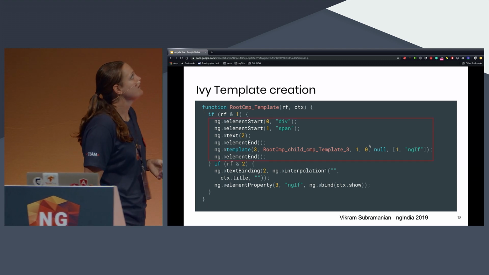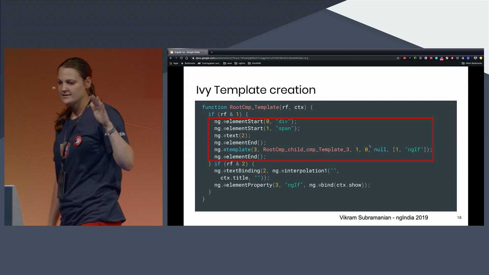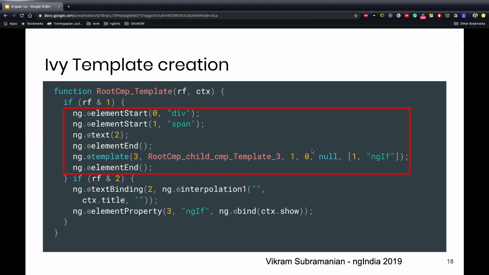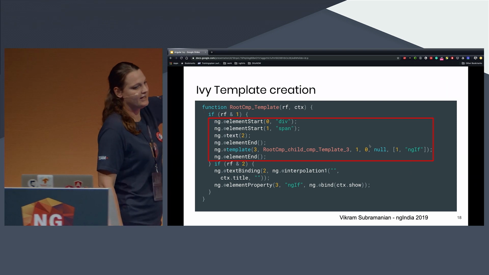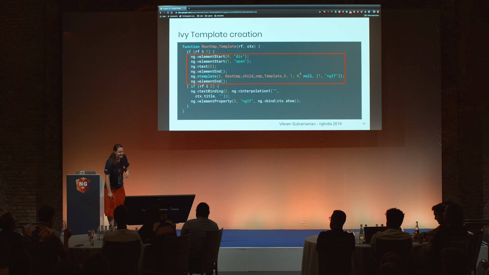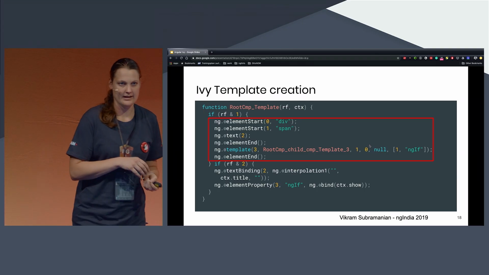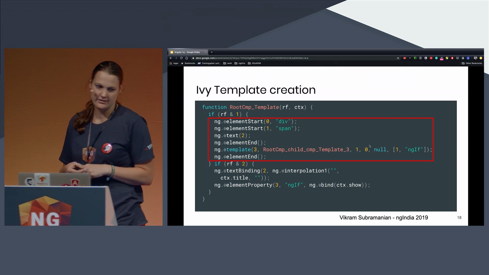So it basically looks like that. Here you can see that we have the function calls directly: element start, the text node, the template itself. Maybe you have already seen this sign, I don't remember the name of it. Zeta, what? Delta. Ah, you're right, exactly, thank you. This delta sign over there means it's a private API from the framework itself. So it's a function inside the Angular Ivy framework.